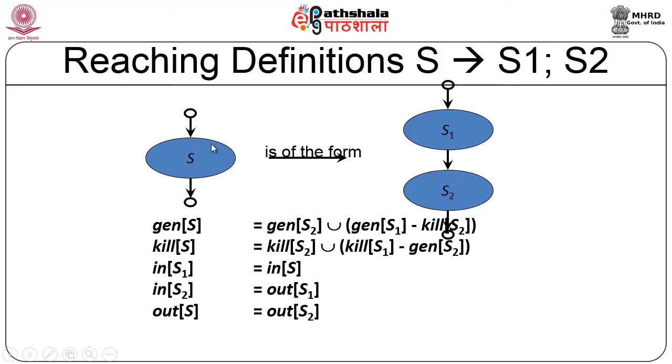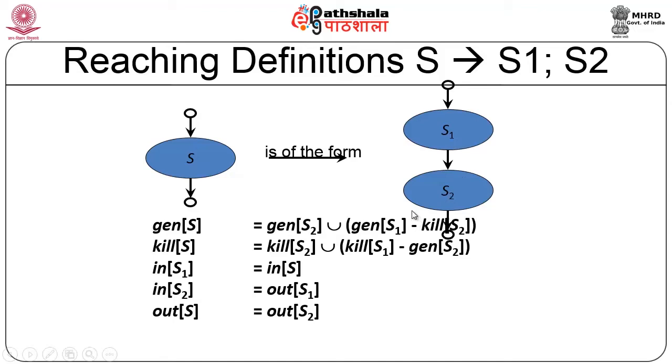So, what happens actually is this statement is a combination of these two statements. What will be generated by this statement? I can simply say S1 will generate a sequence of statements, S2 will generate another sequence of statements. So, can I simply say it is the union of these two? The answer is no, because whatever statement gets created here could be killed by S2. Okay. So, definitely it is a union of these two, but to start with, this is gen of S2, whatever S2 generates, union S1 would have also generated something.